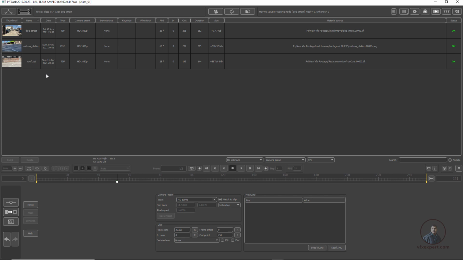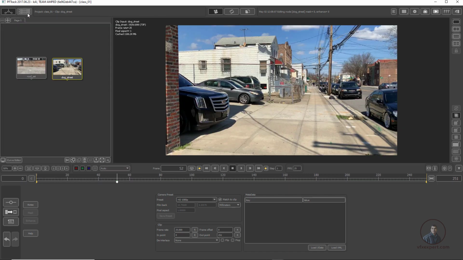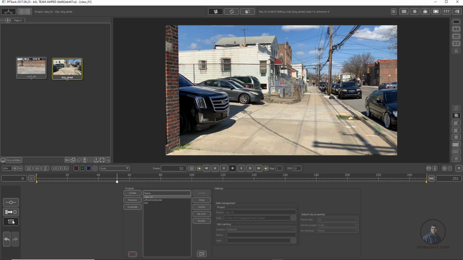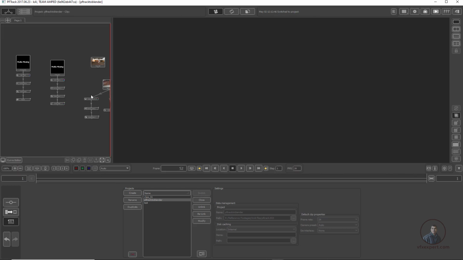But if any footage is missing, with the help of media admin you can reconnect your footage. I'm going to show you here. Again come to our project options, and from here, if you want, you can switch your project from one project to another. Suppose before this you were working on another project and you want to continue on that project, you can switch. Just select it from here and click Switch, and this will automatically switch to the selected project.